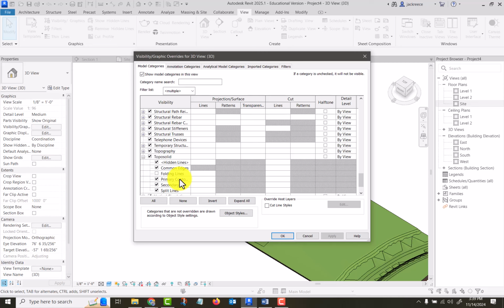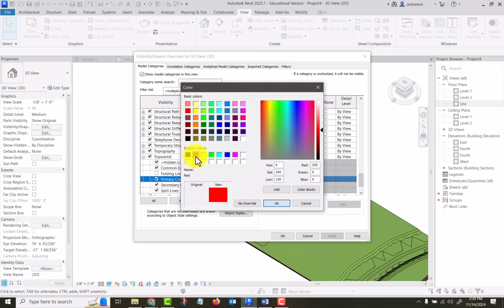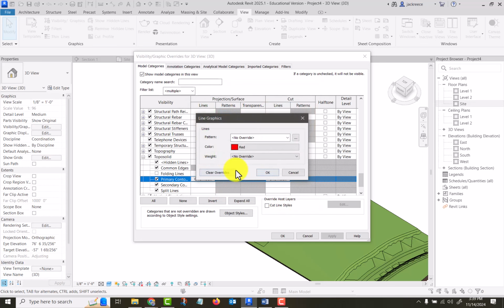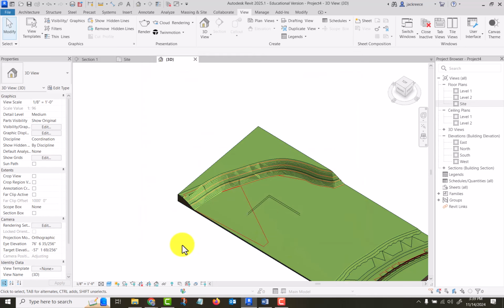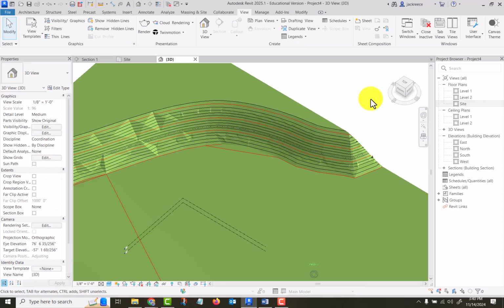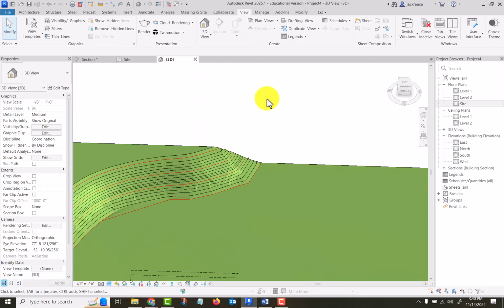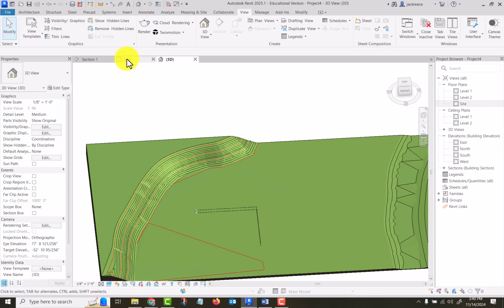And one thing I can do is I can come here to my primary contour line and I can change the color of it to red and go OK. And then you notice all the primary contours are now red. Okay, the secondary ones are still black. If I go to my site plan,